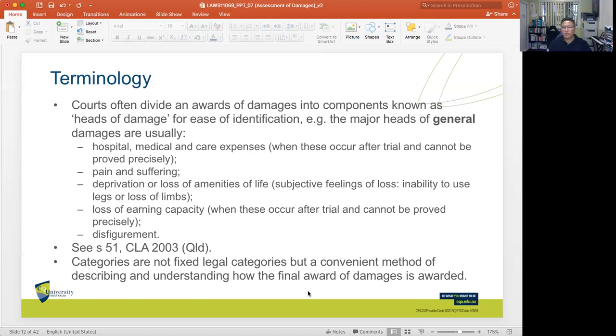As far as courts are concerned, when courts do award damages, it's important for the courts to be able to clearly articulate. It's a requirement that the courts articulate the kind of heads of damages that they're looking at or awarding, and the assumptions behind each of these awards of damages. And oftentimes, because it will involve an overall and a global assessment of the monetary award, a lot of these categories often are intermixed.